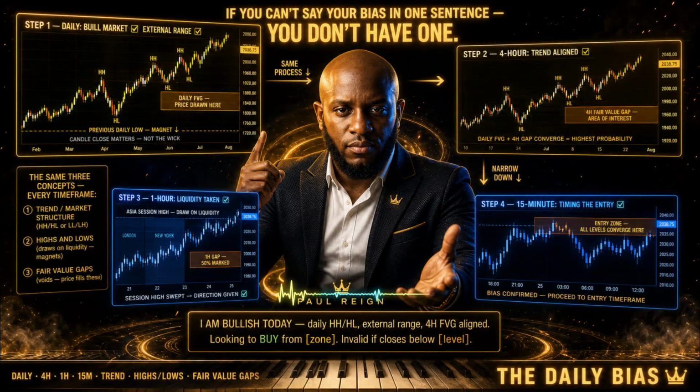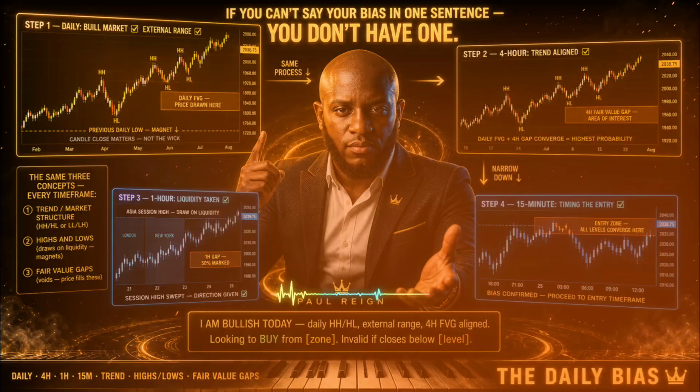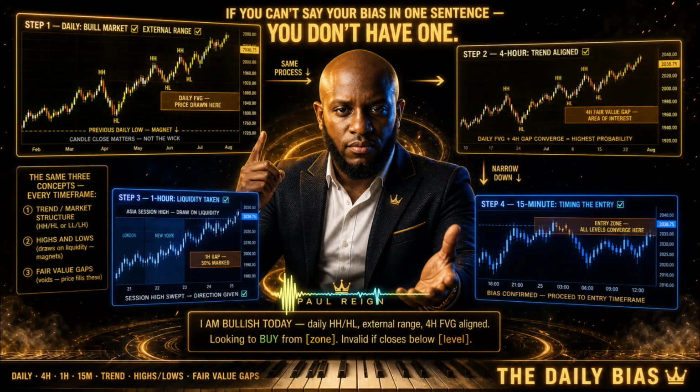Higher highs and higher lows, or lower lows and lower highs. External range, above the all-time high, means continuation. Internal range, below the high, means chop and reversal, beware. External means continuation is cleaner, internal needs discipline. Map the previous daily low in a bull sweep first, that's the discipline.